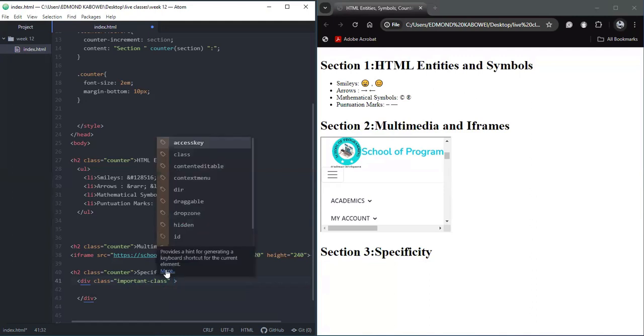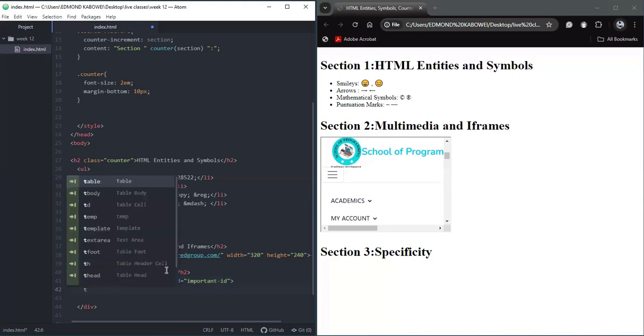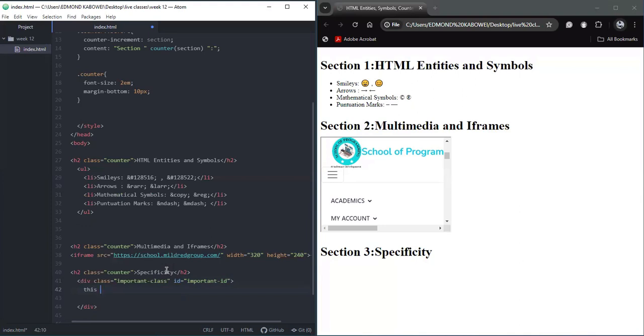Okay, let's also have an ID, and I'll call this important ID. Okay, let's have a text inside. So we say this text